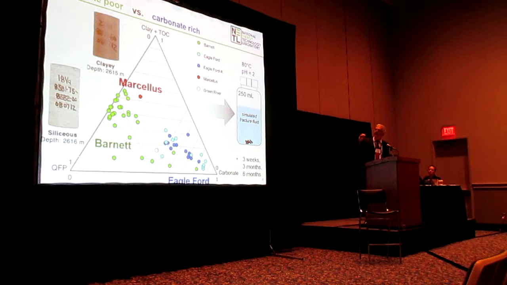The way we're conducting this part of the experiment is we're using chemical reactors, which hold 250 milliliters of stim fluid and rock fragments, and we're keeping these for up to 6 months. So we're going to study the rock chemistry and the water chemistry at various points throughout time. And you're going to see later on in the presentation that there is a difference between the way a Marcellus rock is going to react